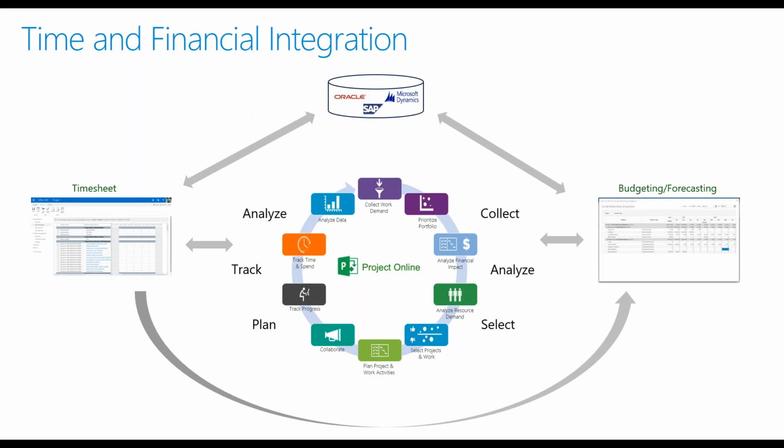So when we're looking at tying that back to actuals in the budgeting and forecasting piece on the other side, to get what we might call actuals, the financial system generally has to come into play to get that. And we can either enter that if it's disconnected in that budgeting and forecasting cost management piece, or we can let that information flow from the financial system into that for comparison and managing our projects. We're going to talk a little bit about a few use cases today on how that would work, but the idea that these are components that can be managed within the Microsoft Project Online experience.